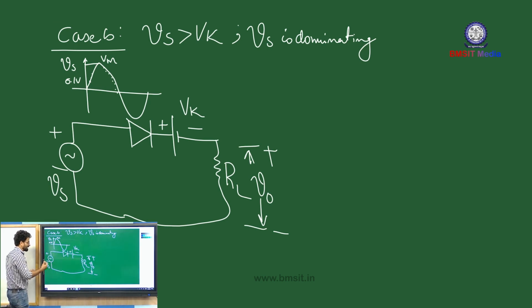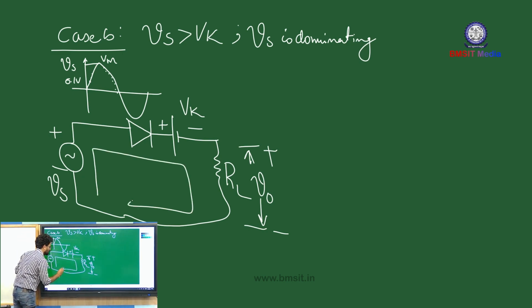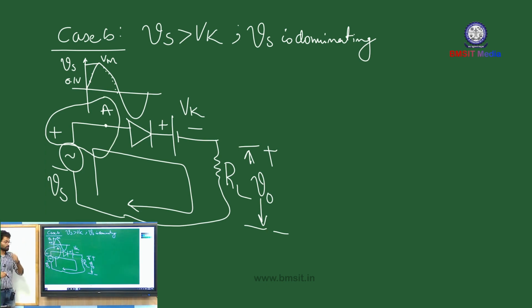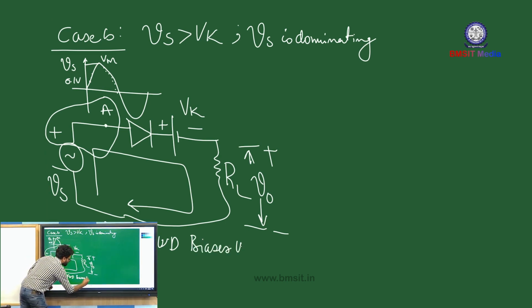So the current circulated in the circuit should be in accordance with the polarity of Vs. And you can clearly observe that whenever Vs becomes dominating in nature, you can trace that the Vs is connected to the anode terminal of the diode. Hence, Vs forward biases the